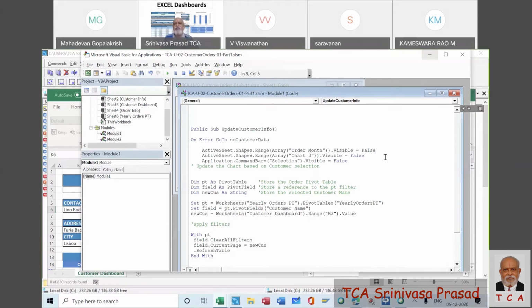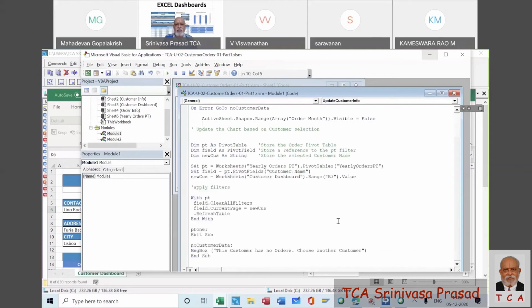So as Mr. Vishwanathan said rightly, we don't want these charts to appear. So I will take these things, cut it, and then I will come to the command message box. Then I will add it here.